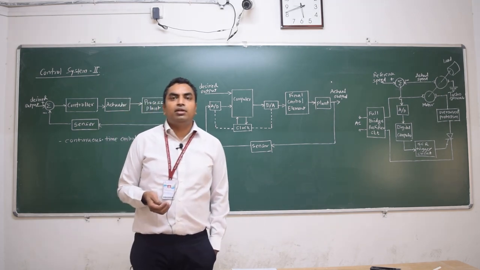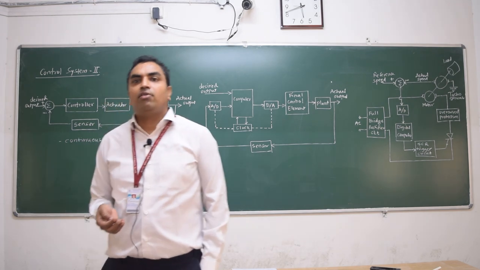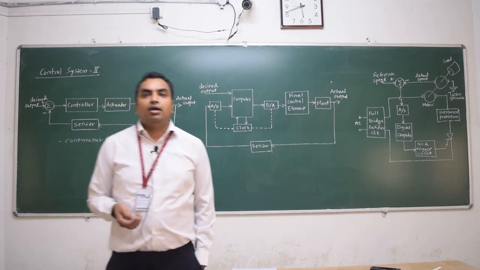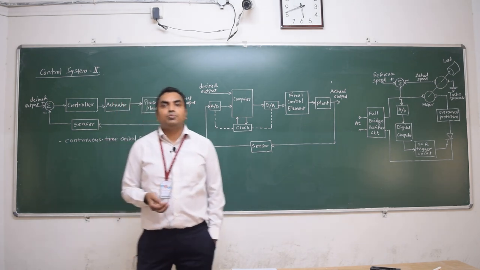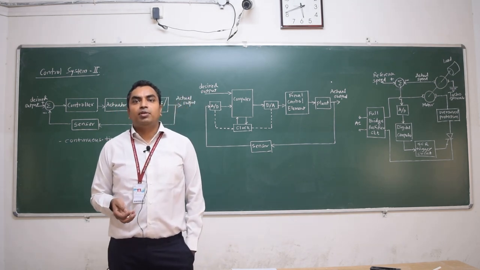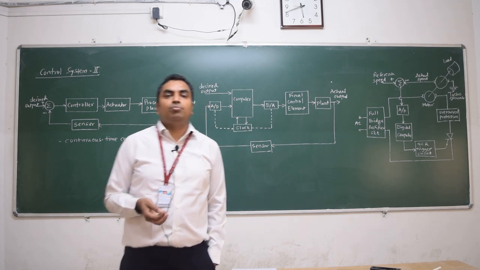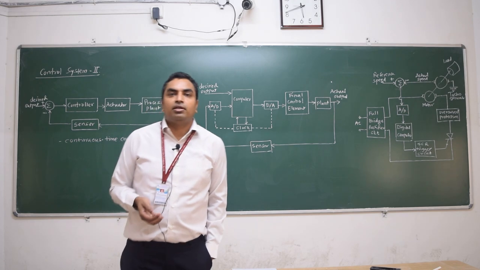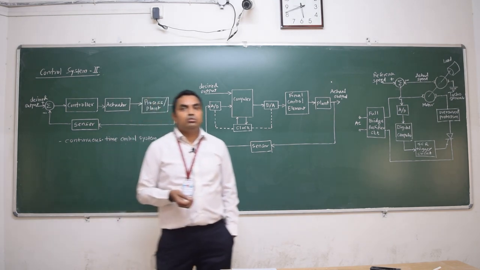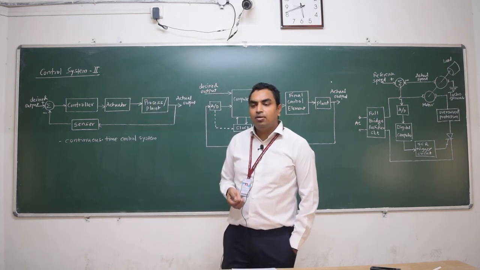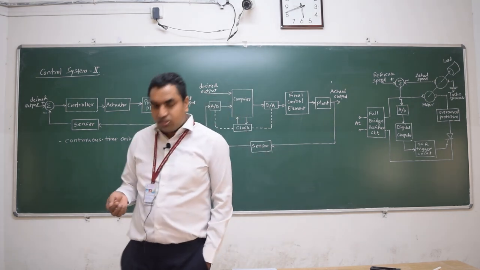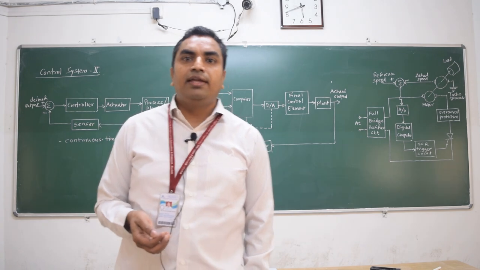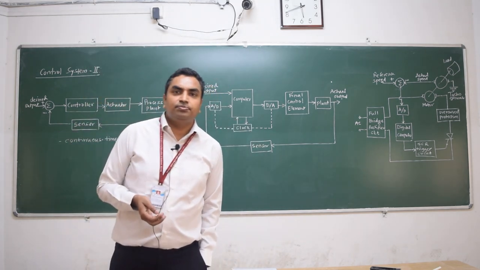Later in the second unit, what we have seen? We have seen the concept of steady state error, right? After that we have seen time domain specifications, then how to represent different test signals with the help of Laplace transform, right? In the next unit, we have talked about the methods to determine the stability of a system, and the methods that we have studied are Routh-Hurwitz criteria and root locus method.